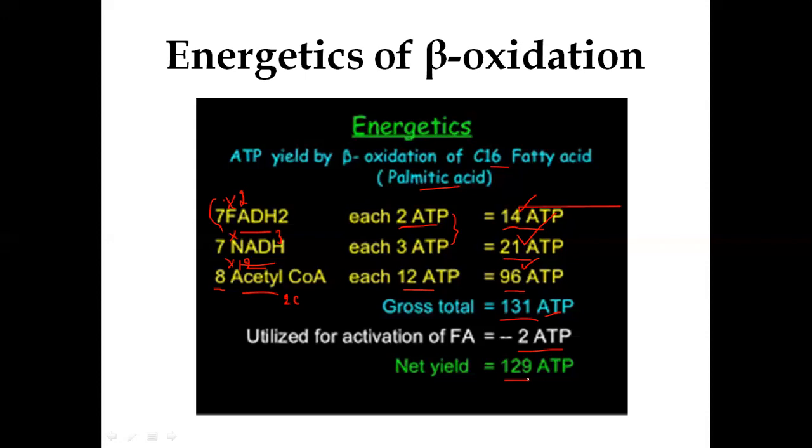That's why fatty acids or lipids are the major source of energy for the cell to function compared to carbohydrates and proteins. For every molecule of palmitate, the energy yield is 940 calories, but the free energy for palmitate is 2340 calories. This is how beta oxidation takes place in even chain saturated fatty acids.